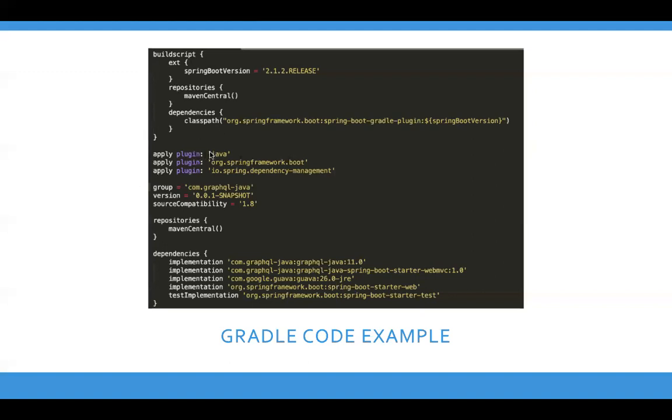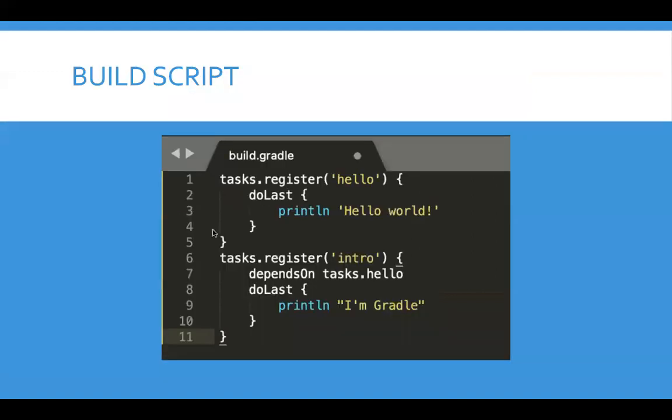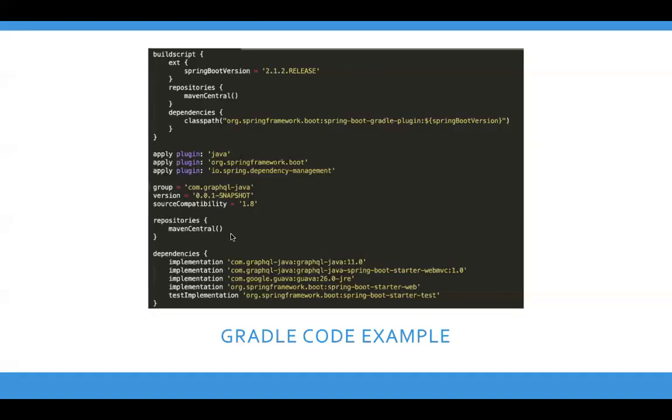Other than that, what we need here, we need Java, we need Spring Boot, dependency management, what group we want to show here, version, compatibility, and these dependencies. So the address we want to fetch this dependency from is given here. The repository is Maven Central, and we can define multiple repositories here. Like if we want to use JCenter or IP repository also, we can define it in the repositories block.